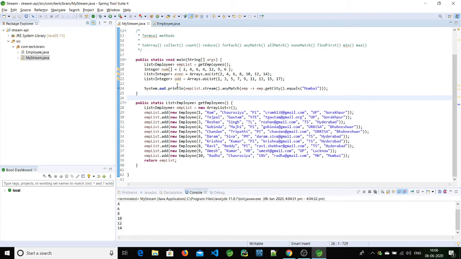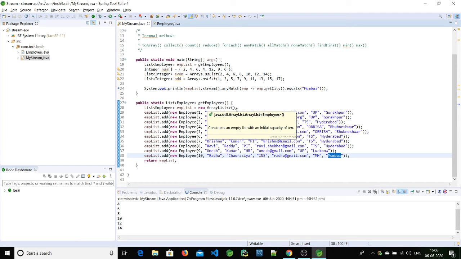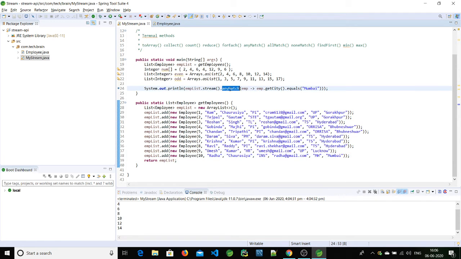Let's run this. First it will create a stream from this piece of code, and here we have defined the predicate, meaning a condition on which it checks each record in this list to find out whether any person belongs to Mumbai. If any record matches, the anyMatch method will return true.